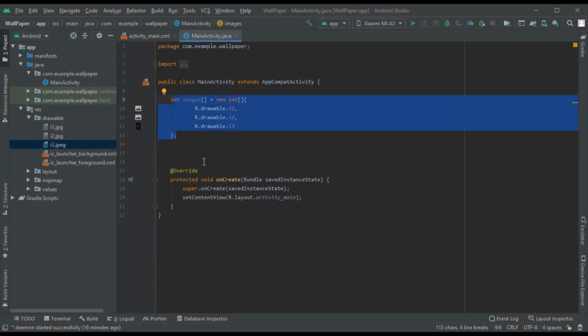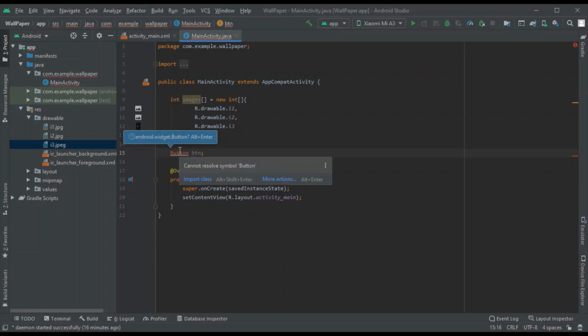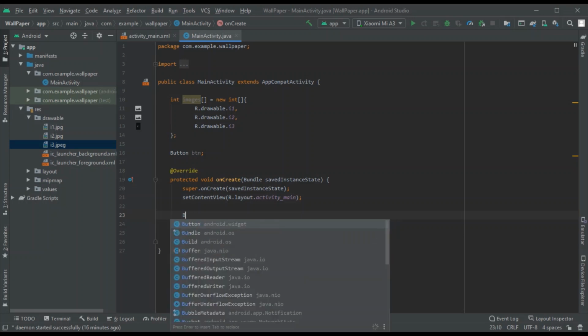Next, let us create an object for the button, and let's import it, and here when it is created, you have to add a listener onto the button.